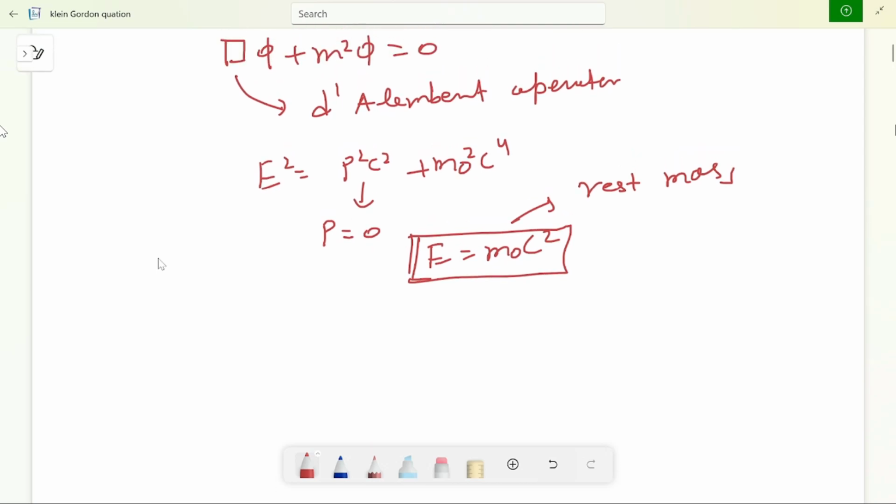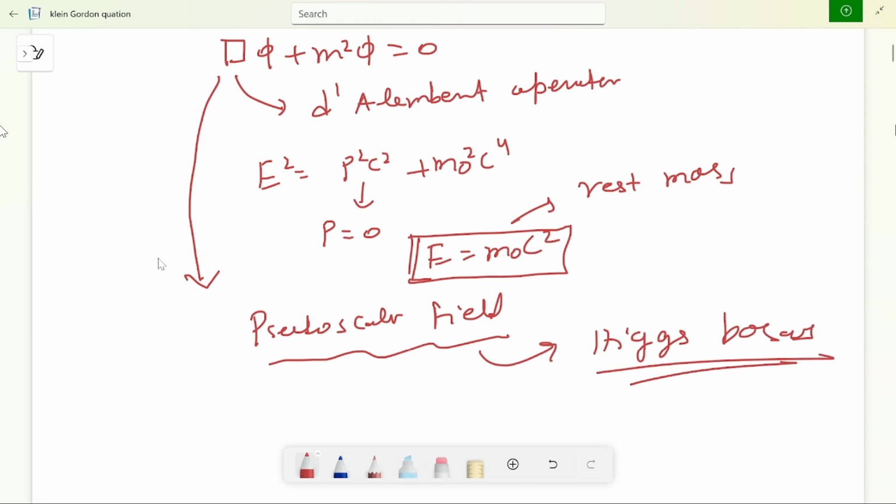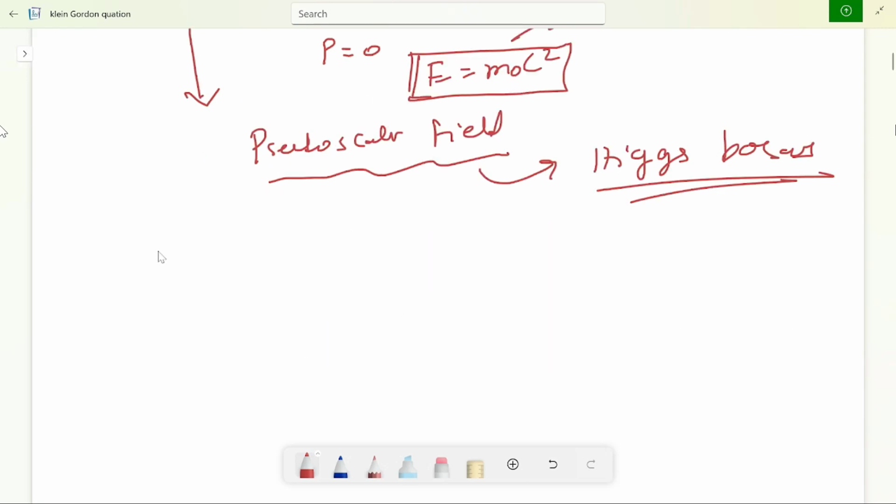Now, the solution to this Klein-Gordon equation is actually a pseudo-scalar field whose quanta are spinless particles, and the most common spinless particle we are aware of is, of course, the Higgs boson, right? Now notice we are talking about a field, that is the Klein-Gordon field, and things change a bit